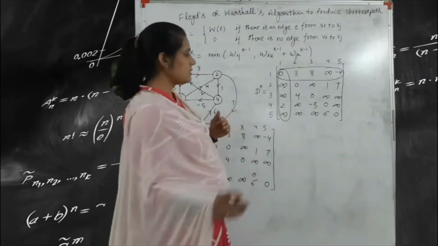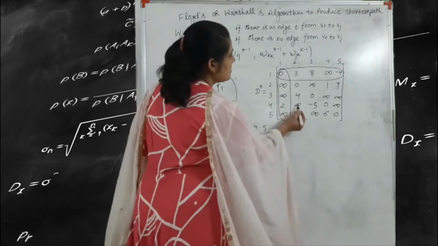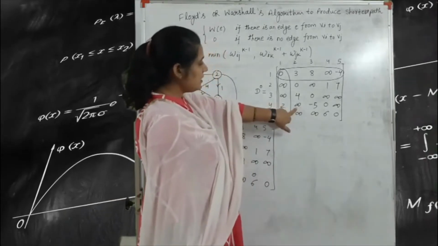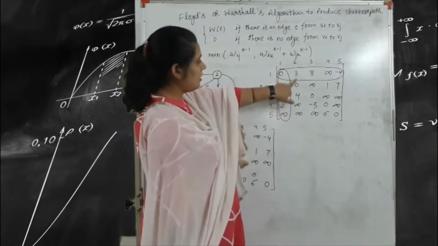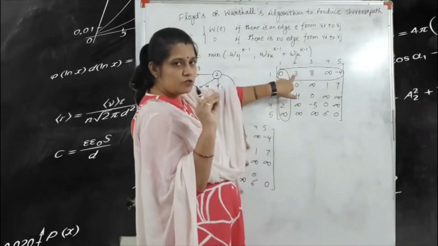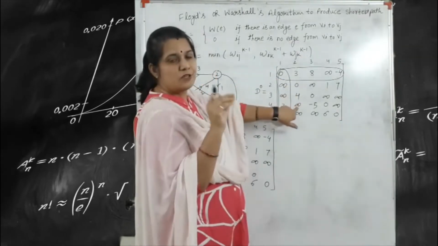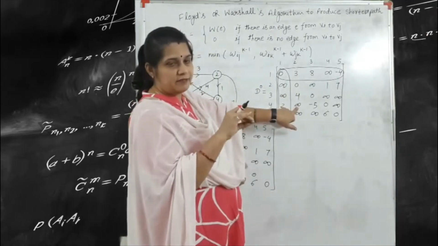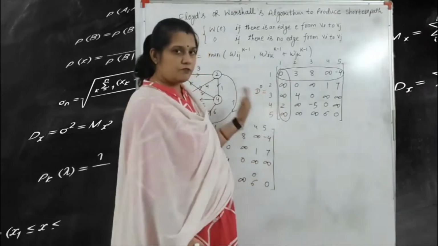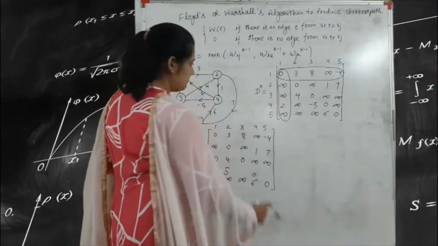So what is the process? Just see the previous matrix. Here this is the infinite sign. According to this infinite, you see this row and this column. Here is 2 and here is 3. So adding both values, 2 plus 3 is equal to 5. If 5 is less than this number, you write 5. Otherwise, you write this value as it is. So 3 plus 2 is equal to 5 and 5 is less than infinite. Got it? So we write the 5 value.